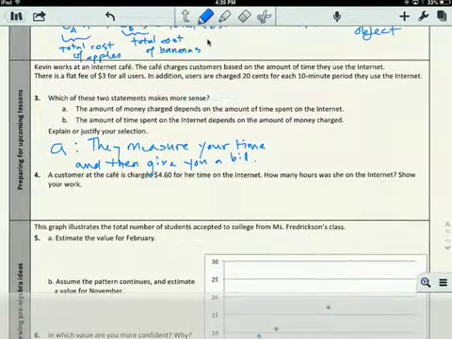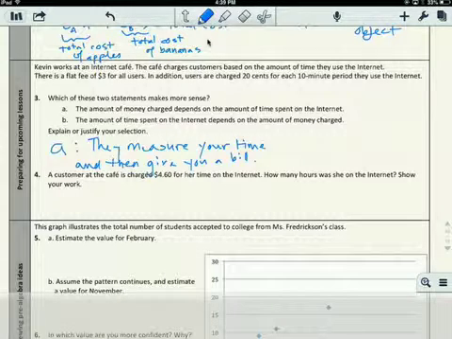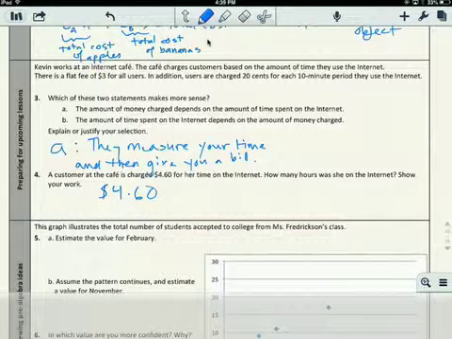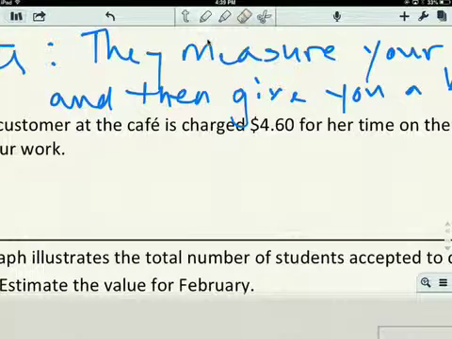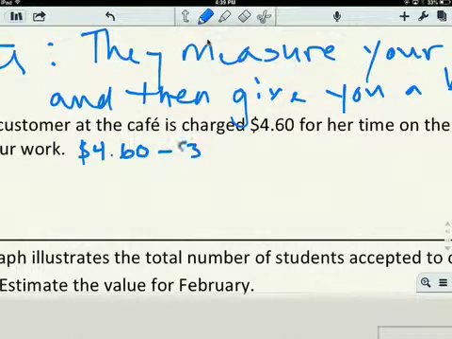A customer at the cafe is charged $4.60 for her time on the internet. How many hours was she on the internet? Show your work. All right, so $4.60. There's a flat fee and then 20 cents for each 10-minute period. Okay, so I know that if I start with $4.60, I'm going to take away the $3 fee, and that's going to give me $1.60